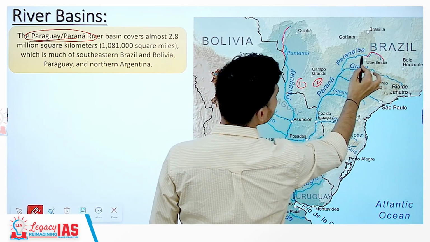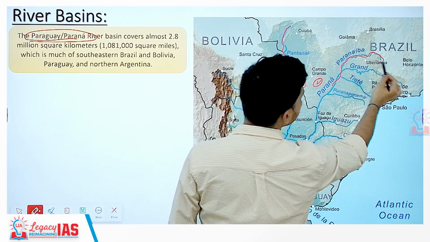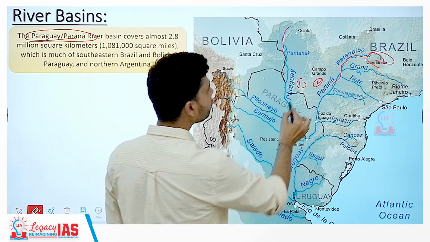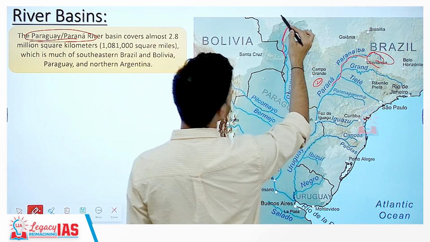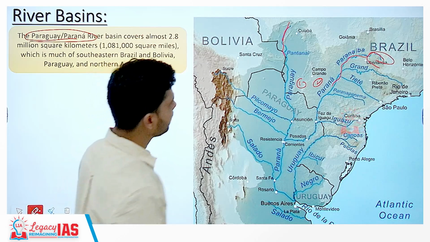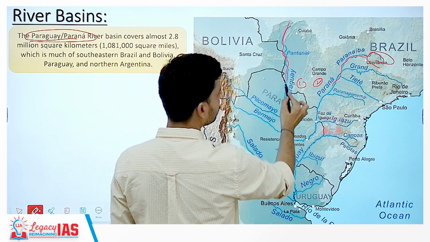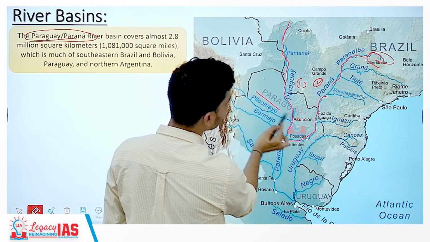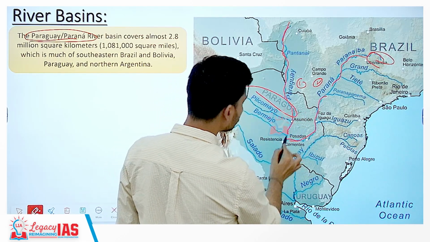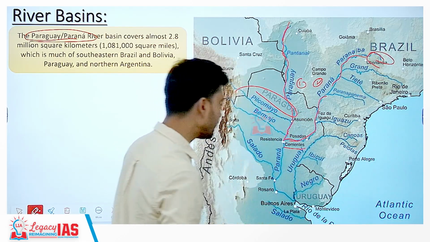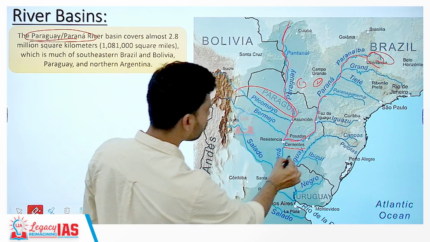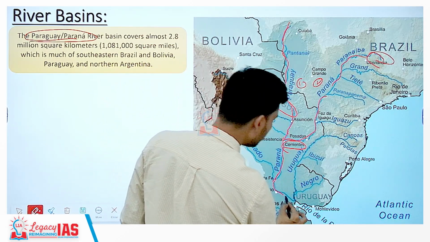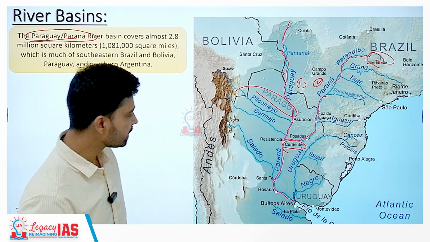The Parana river, as you can see, originates again from the eastern part of Brazil, that is the Brazilian highlands, and the Paraguay river originates from the northern part of the Brazilian highlands. After flowing a certain distance, through countries such as Paraguay, they meet around a city called Corrientes, and after that the rivers join together and flow as a common stream before discharging out through